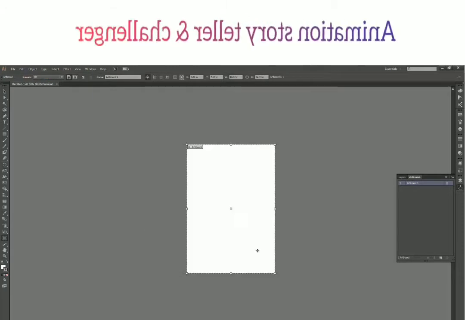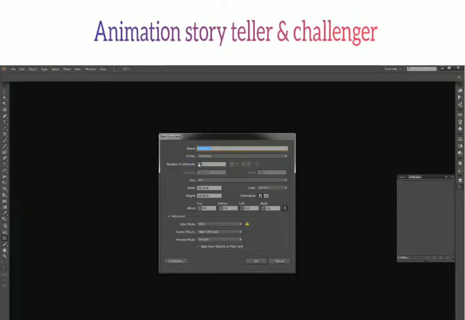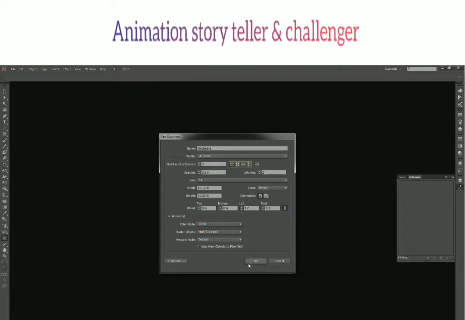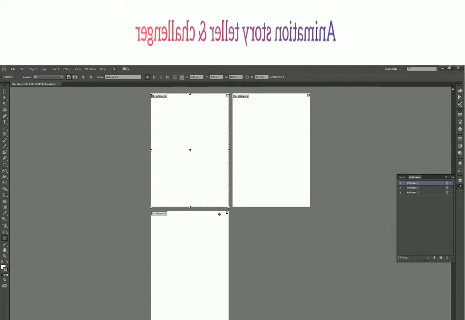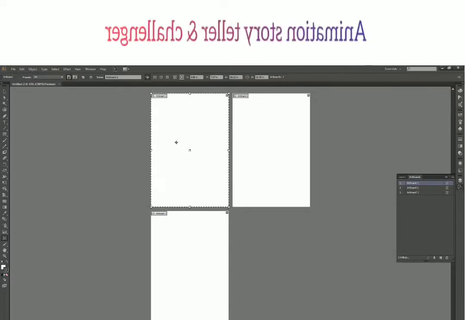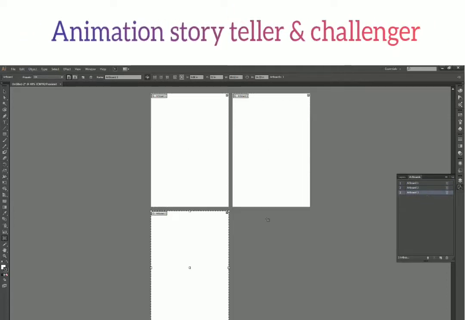So Shift 0. Now to start with, let me create a file with multiple artboards. So file new, and let's say I will have 3 artboards in here. Let us just change it to CMY. Okay, that's better. And the arrangement is column wise. I like column wise better than row. Okay, so we have our artboard tool selected already, and it says that my artboard 1 is selected right now. Again, we can change our selection from here, and you can see the bounding box is shifting from artboard to artboard.